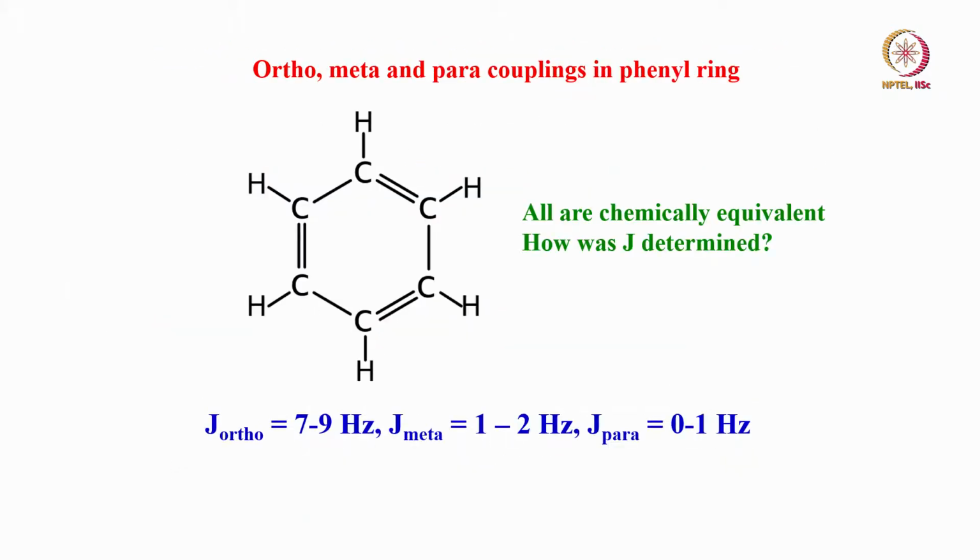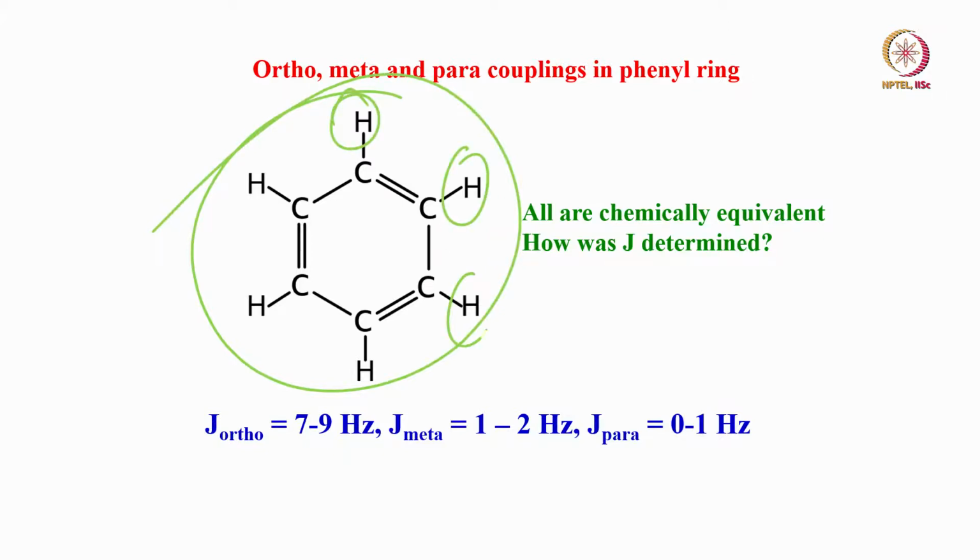Okay. So, similarly if you look at the benzene molecule, as I told you, all the 6 protons here are chemically equivalent and each proton experiences one ortho coupling, meta coupling and para coupling. Similarly this proton experiences ortho, meta and para. So, each proton experiences 3 different types of coupling, all are chemically equivalent, but then this is magnetically equivalent with 3 different couplings. Though you will not see couplings in the spectrum, you will see only a single peak.